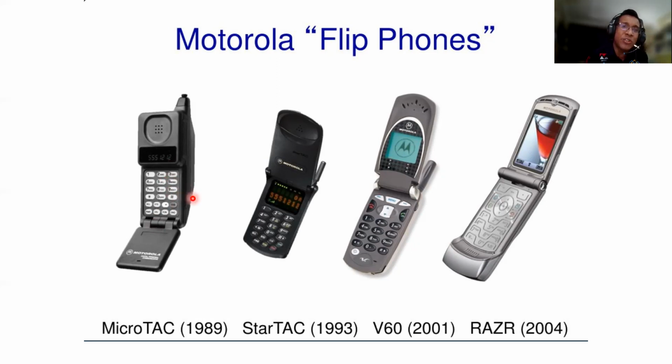So normally they used the phone only during office hours. At night, we just close it, and then we don't use the phone anymore. So that's why the battery is very important. You can see the development. And then the screen technology, you can see here, no screen. And then in the early 2000s, you can see the screen introduced here, and then a VGA screen. Now we say VGA screen, but now we have a very attractive screen technology, touch screen. So you can see how different it is.